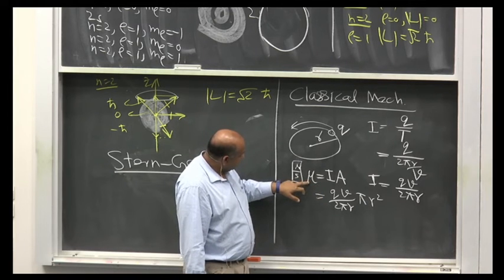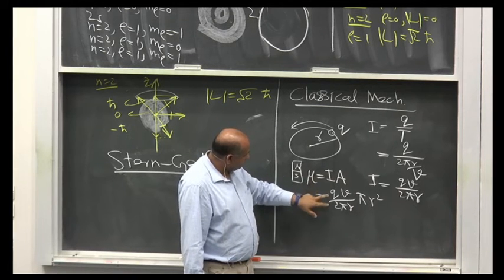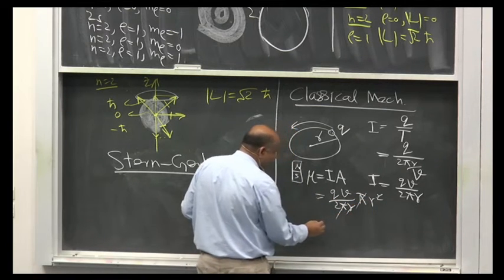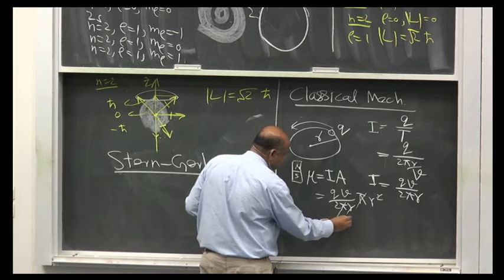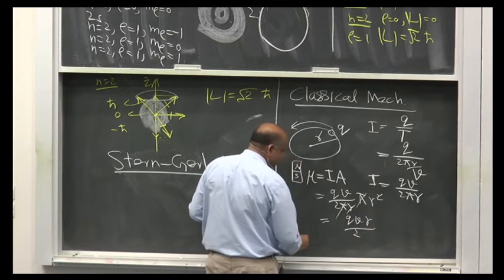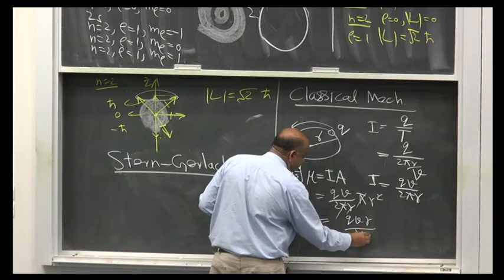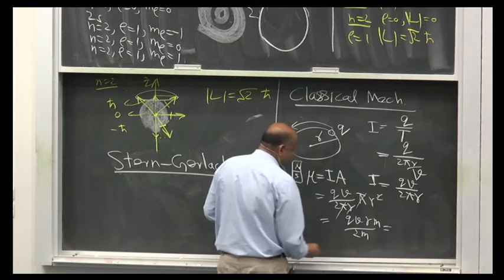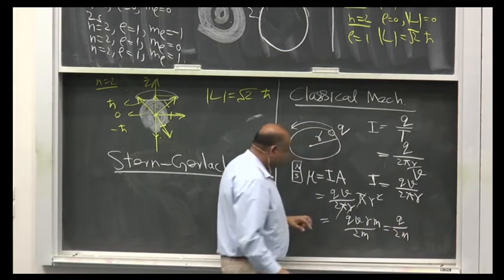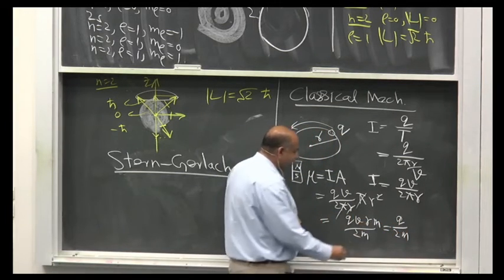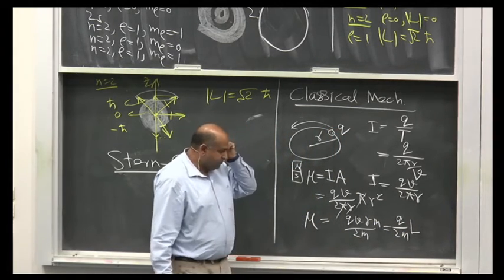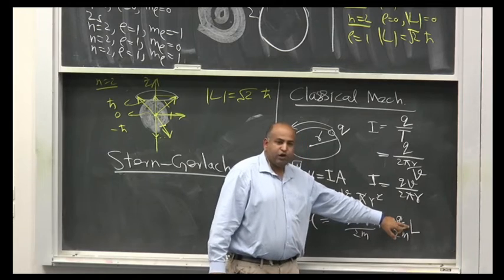So this magnetic dipole moment is current times area. So this pi cancels, one r cancels, and then this is qvr over 2. So let's put an M here and M here, so that this becomes q over 2m, and this mvr is nothing but the angular momentum. So it means that the angular momentum,